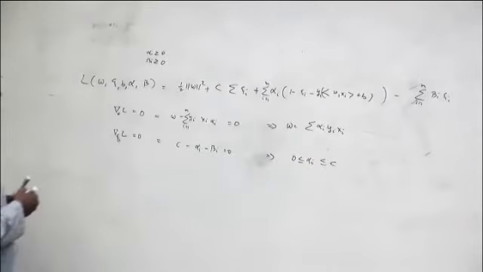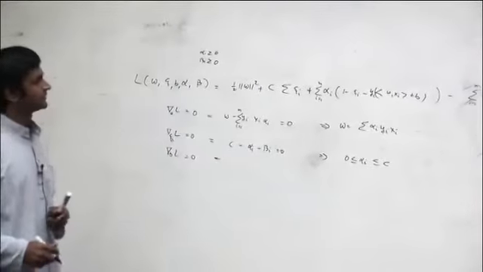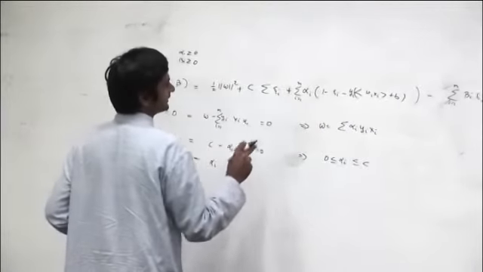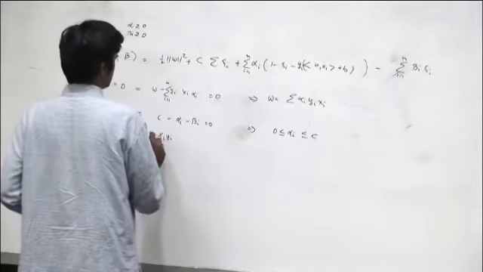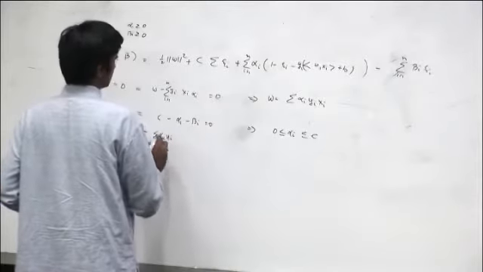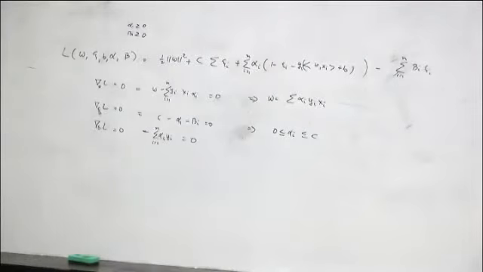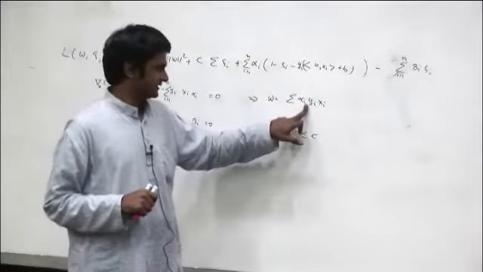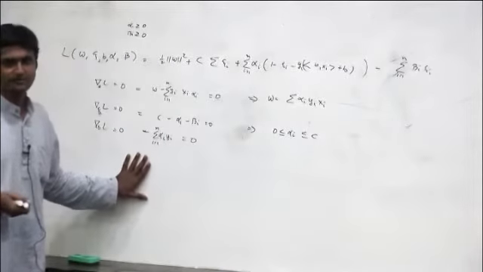Then let's take the gradient with respect to b of the Lagrangian and set it to 0. So the gradient with respect to b is simply the summation of alpha I yi, I going from 1 to m. This must be equal to 0. Okay. So now you have these three conditions. First, that your weight vector must be in the linear span, alpha I must be between 0 and C, and the summation of alpha I yi must be equal to 0.